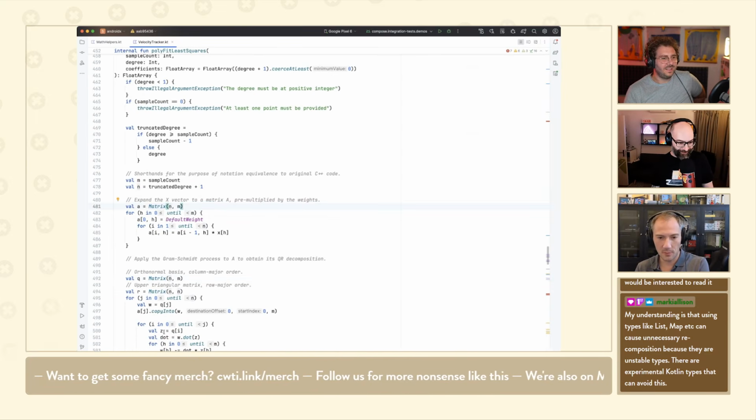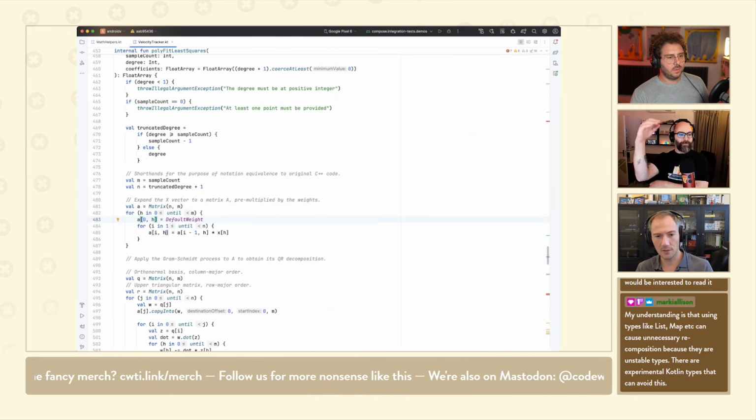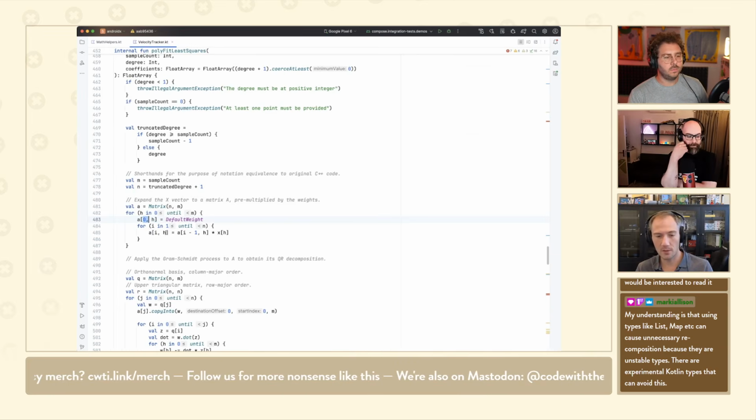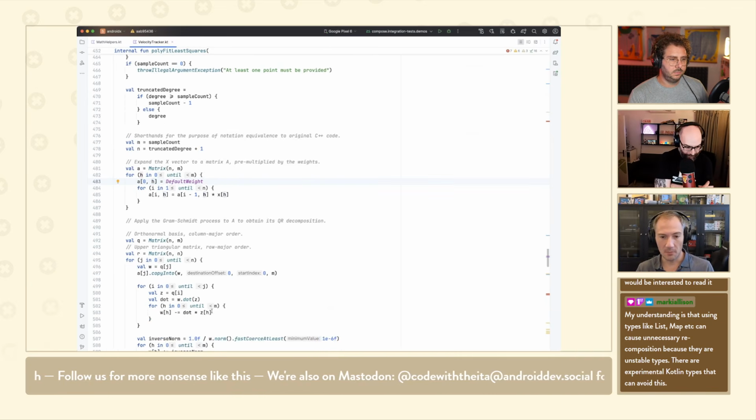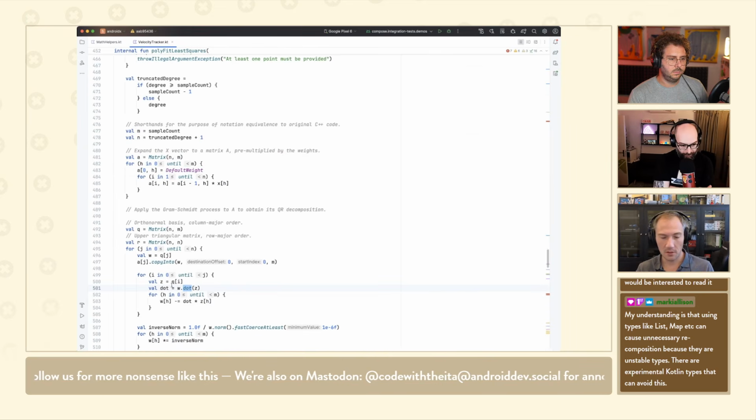It's nice, there's a matrix object. We can index it. In Kotlin, you can have an index operator that takes multiple parameters, so you can index the matrix like you would in math, with row and column. Looks nice, easy to use. We have a dot product that you can call.